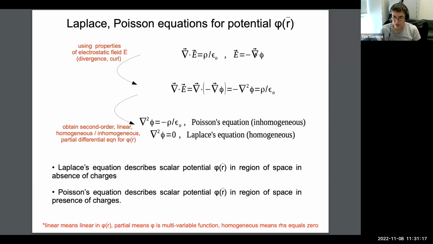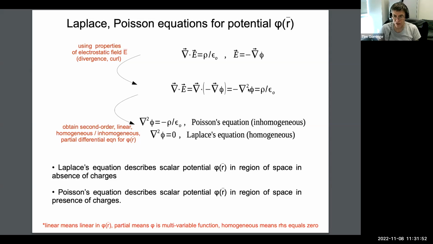It's out of these two field equations that you can build Laplace's and Poisson's equation. Actually, all you have to do is plug the equation on the right for the electrical field in terms of the electrical potential into the equation on the left that specifies the divergence of the electrical field. And you get, as I've indicated downstairs here, Laplace's equation,